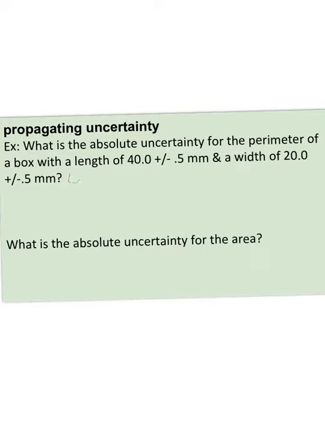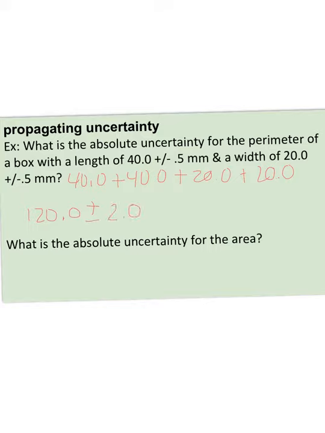So I've got 40.0 plus 40.0 plus 20.0 plus 20.0. And each of these values has an associated uncertainty of plus or minus 0.5 millimeters. So I can go ahead and add up my values and get my total perimeter of 120.0, keeping my sig figs. And then my plus or minus, my 0.5, I just add it up 4 times and get 2.0